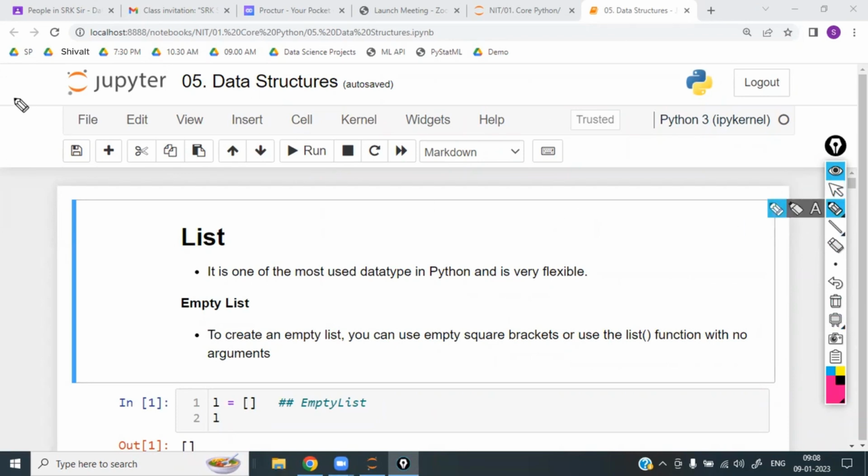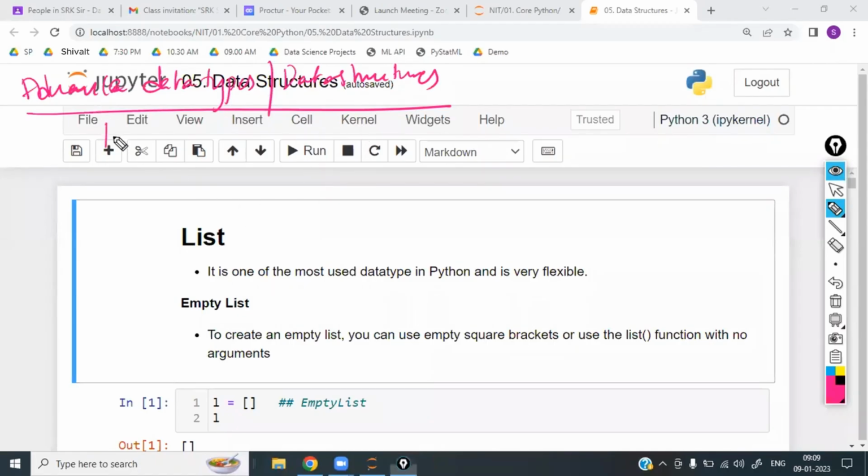So in the last class, we discussed the advanced data types. We started the advanced data types, which are also called data structures. In the advanced data types, the first data type which we started is list, where list is